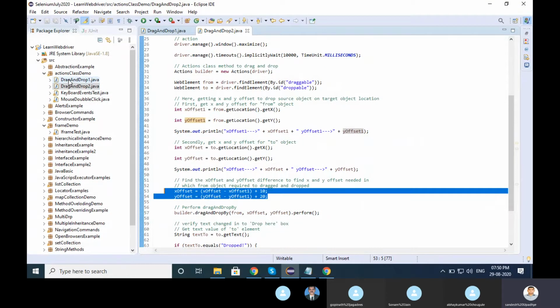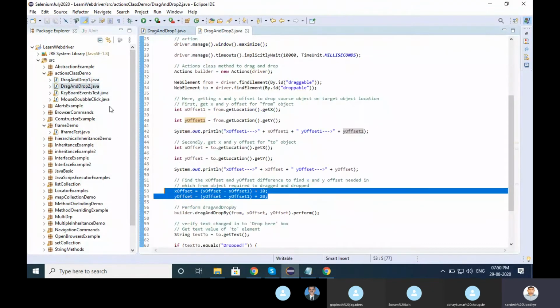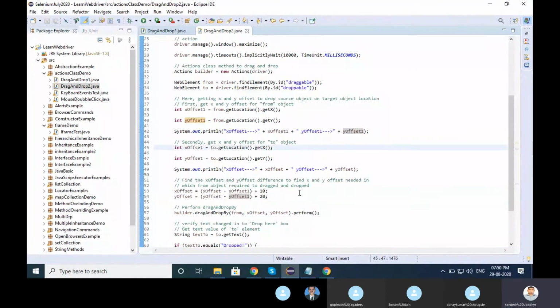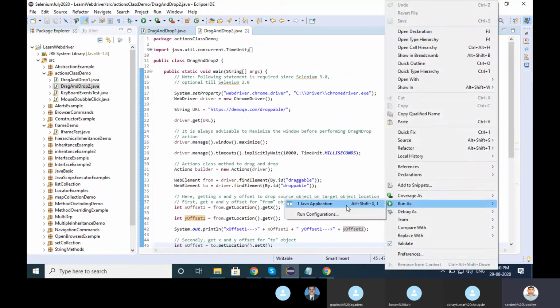So here they have set coordinates. Both things you can use here. They found the x and y coordinates, and then whatever action we did, I just created this program taking logic from this program. Basically here they found x and y coordinates and do drag and drop. Let me run it first and I will show the same thing.